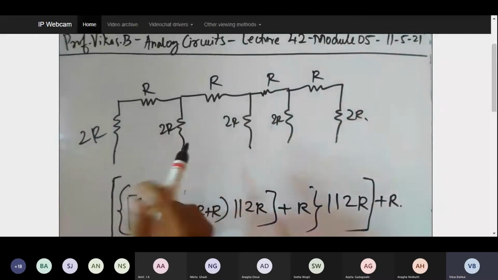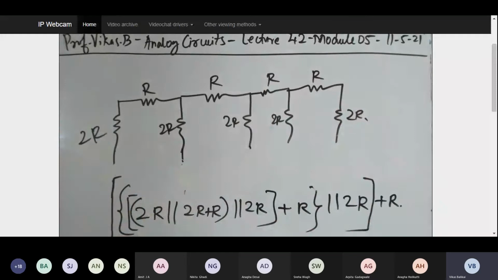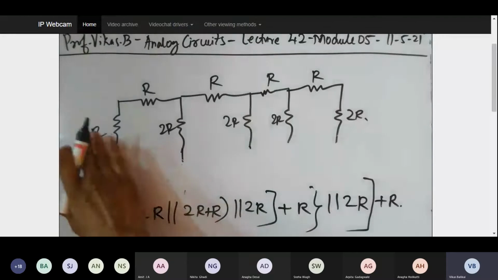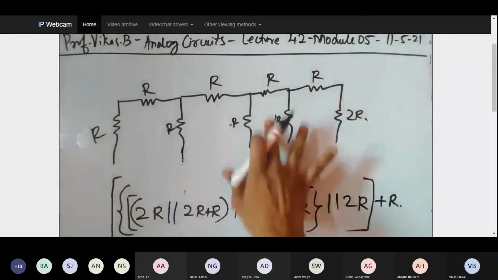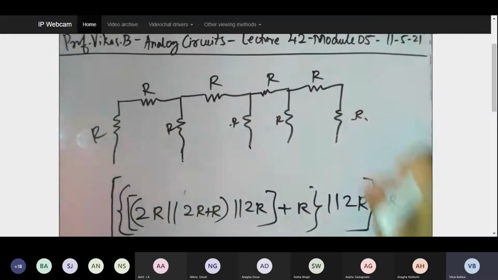See, when you want to calculate the Thevenin equivalent resistance, you are supposed to short circuit the DC sources that are available with you, and then once you short circuit that DC source, you keep on calculating. Now, the same example, I'll try to show you with the help of a simple R network. Then we'll try to restructure this entire thing with respect to 2R.